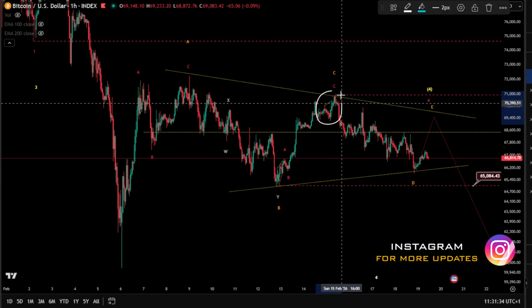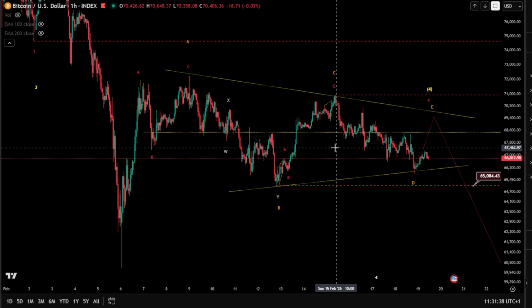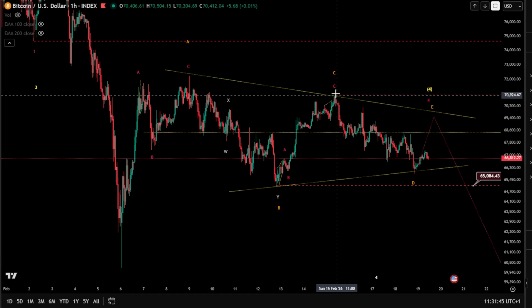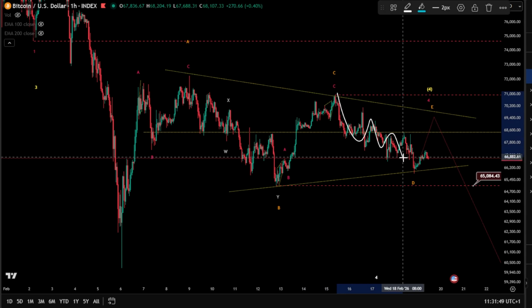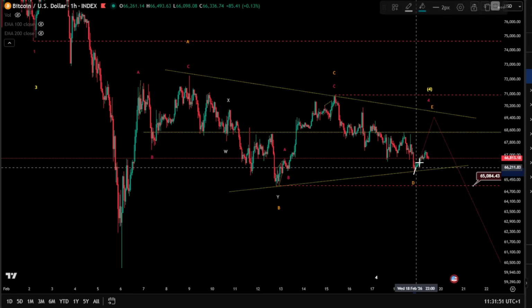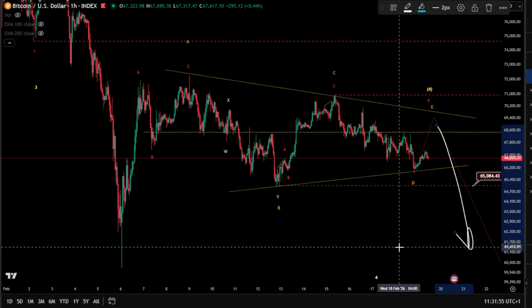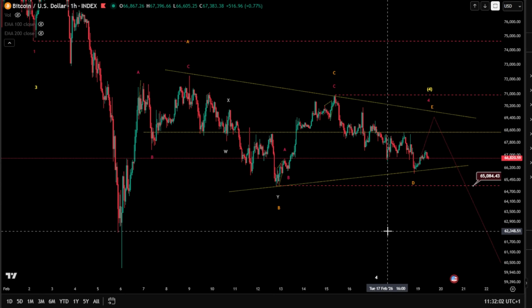Yeah, the wave 5 is horrible, right? You cannot count 1, 2, 3, 4, and a 5 here, knowing that many channels did it, honestly. But yeah, that's totally wrong, because of course the wave 5 cannot be 3 waves here. And therefore, of course, we are very corrective in a wave D. Currently, we might be unfolding the wave E, and then we might, of course, continue the push toward the downside for Bitcoin. Yep, so we'll see how this is going to unfold.